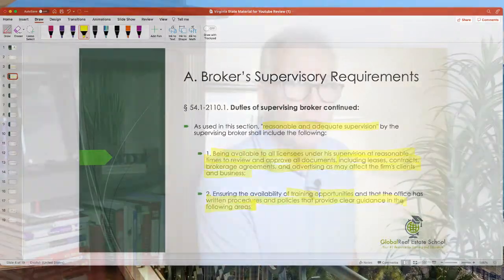One of the items that you may very well see on the exam are questions about whether the broker has a policy and procedures manual in place. They may try to dive a little deep in this. Again, don't let these questions scare you. I don't think they're going to be very challenging. You just need to read the question and understand that the broker or the branch manager needs to be there and available for training, going over contracts, over leases, and being available to answer those questions during reasonable hours of the day. Have a written policy and procedures manual.